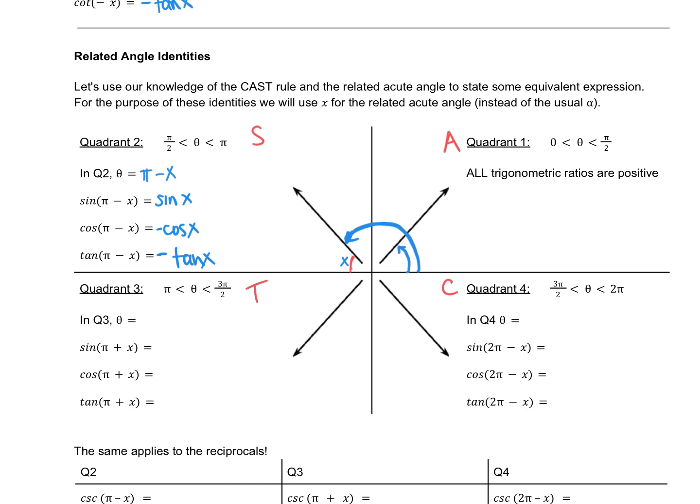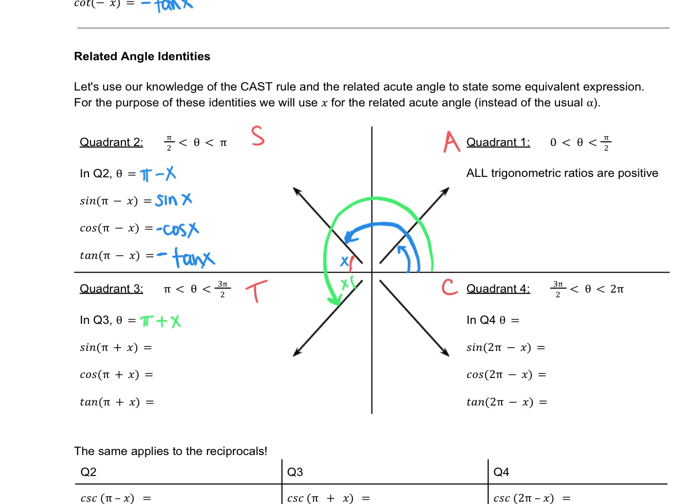Now, when we move to quadrant 3, here's our quadrant 3 angle. If that is theta, and x is this little helper acute angle, theta is equal to pi plus x. And we are now in quadrant 3, where only the tan ratio is positive because here both the opposite and adjacent sides are negative, which means sine and cos will be negative. But because tan is opposite over adjacent, that's going to be negative divided by negative, it will have a positive